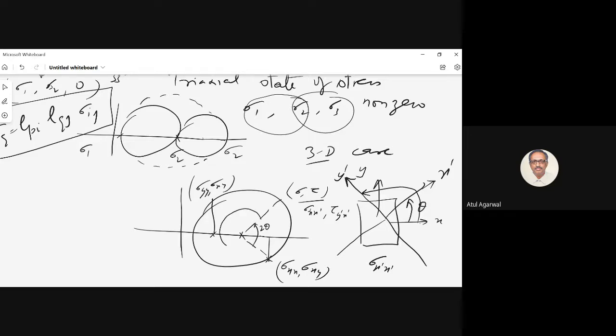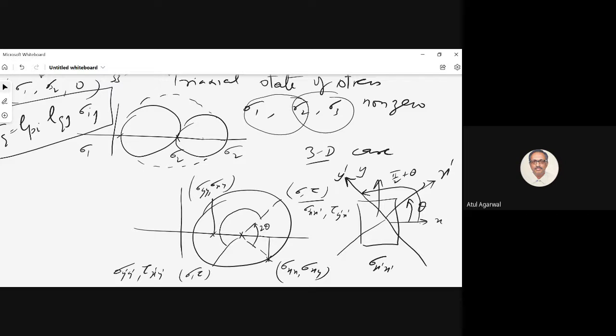You have to turn by another pi in the actual Mohr circle. So you have to turn pi by 2 plus theta. So how much is the turning in Mohr circle? Twice of this, pi plus 2 theta. So this is 2 theta and plus pi. So you are going to the diametrically opposite angle. This sigma tau will be sigma y prime and tau. Okay. So you can reach both the points.